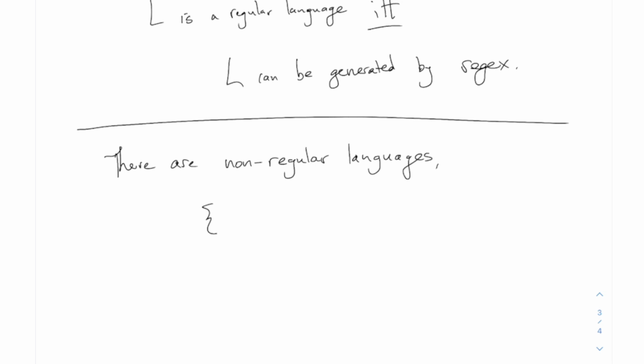And it was, anybody happen to remember? You will remember this example very well in the future. A to the n, b to the n. This is not regular. We actually proved this, although I took